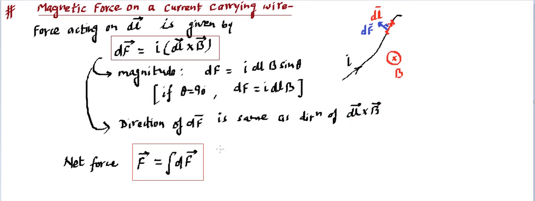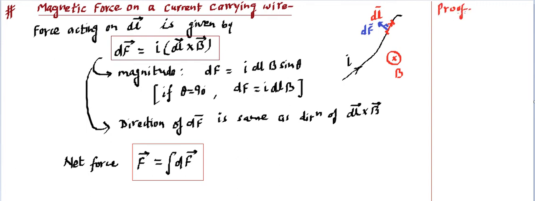Okay, so that must be making sense. So this is again a new force that is coming in. What you need to keep in mind is, whenever there is a current carrying wire and a magnetic field present, you can think there is going to be a force acting on that wire, and that differential force is given by this expression, and then you can think of what the magnitude and directions are, and how to get the net force. Now let's look at how this can be proved, or how this expression comes about. So we can say that's a kind of proof.